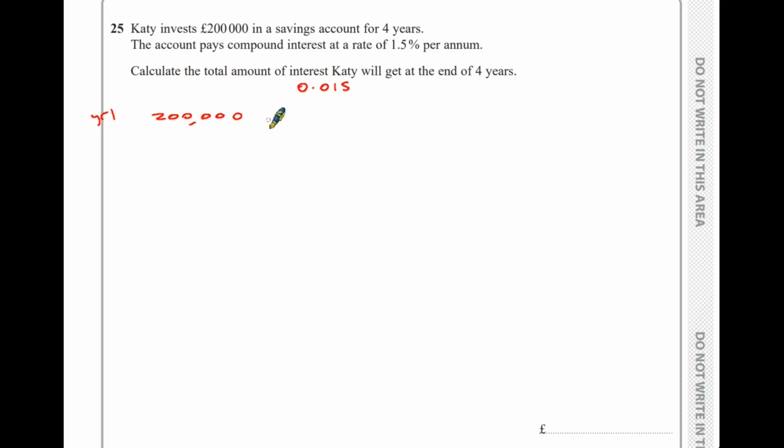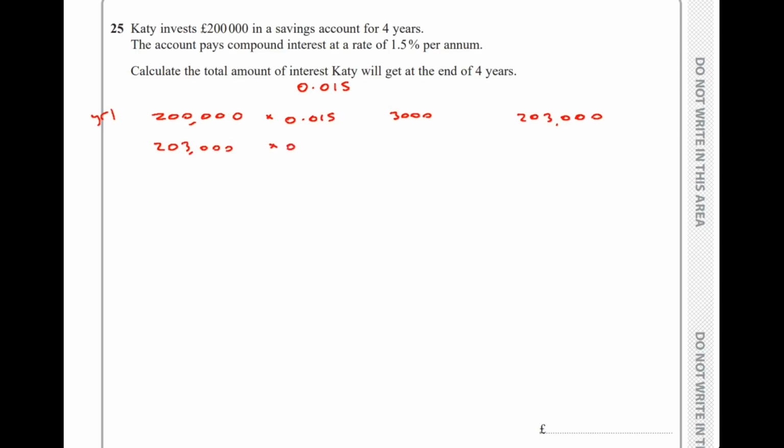So to work out the interest at the end of the first year, we are going to multiply 200,000 by 0.015, and for that we get the amount of £3,000. Now if we add that onto the 200,000, it means at the end of year 1 in the bank account Katie has 203,000. So at the beginning of year 2, that's where she starts, with